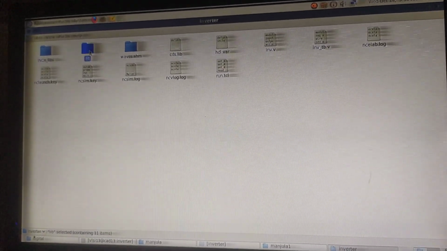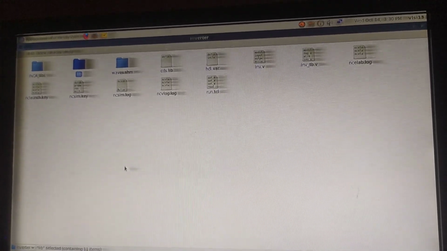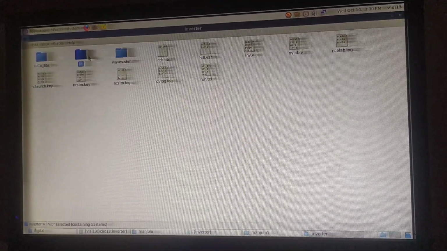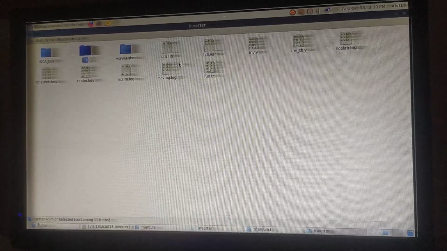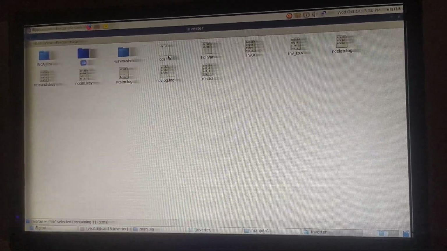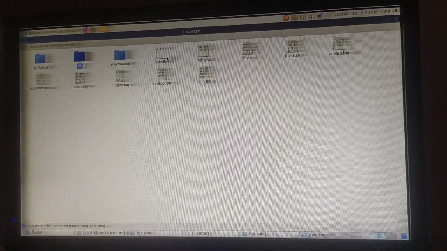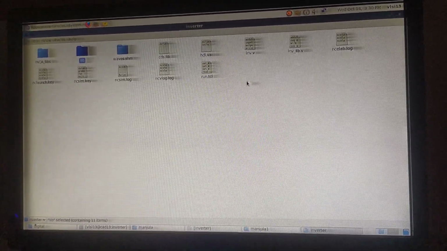So what is this lib telling you, and why do you require it? When the tool converts from RTL to the gate level netlist, it picks that RTL code, and then the behavior of that code it compares with the cells, or the gates, which are present in the lib file. The lib file depends upon the technology, like 180 nanometer, 45 nanometer or 90 nanometer technology, right? By default we have set a 180 nanometer technology. Whatever lib file I have selected here, it is for 180 nanometer.